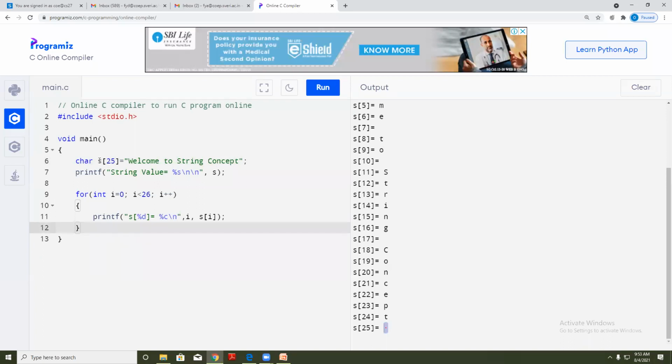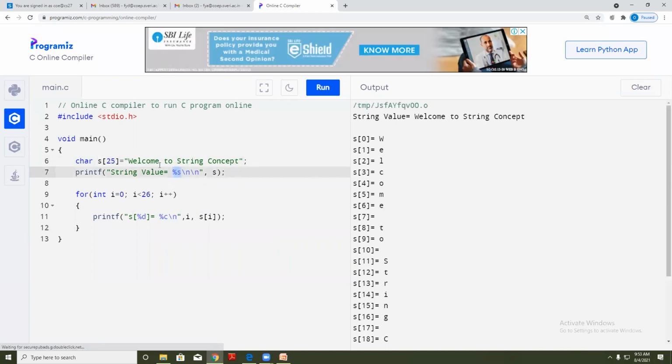How to define and declare a string type, then how we are going to pass the values. We can pass the values for a string in double inverted commas, and if I wish, I can print a complete string with the help of %s. If I want to display the full name, I will use %s, and if I wish to display character by character from that string, then I will use %c. Difference between %s and %c, is it clear?